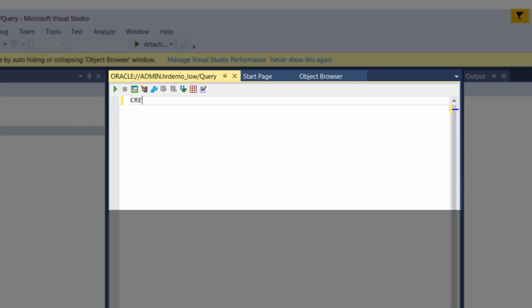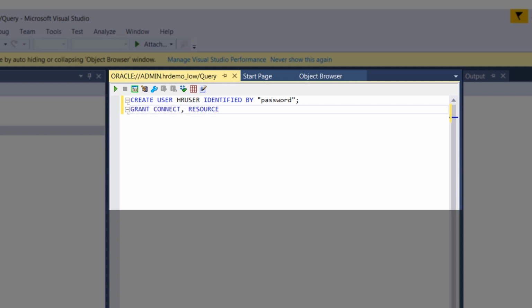In the Query window, enter CREATE USER hr_user IDENTIFIED BY "password"; Password is the password you want to define for the HR user database connection. On the next line, enter GRANT CONNECT, RESOURCE, UNLIMITED TABLESPACE TO hr_user; Run the query to add HR user to the HRDemo ATP instance.